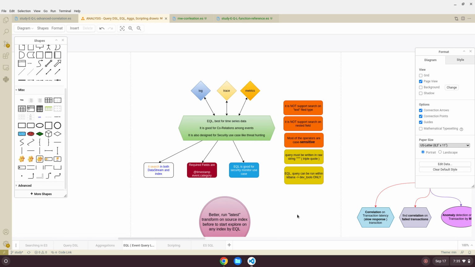Of course, correlation is a large context, like RDBMS is a very large context, and within that there are many things. Similarly, correlation is a large context. What type of correlation is supported by Elasticsearch depends on what type of data we have within Elasticsearch. For example, if you want to correlate different transactions, traces or errors, then you need to have the APM data.